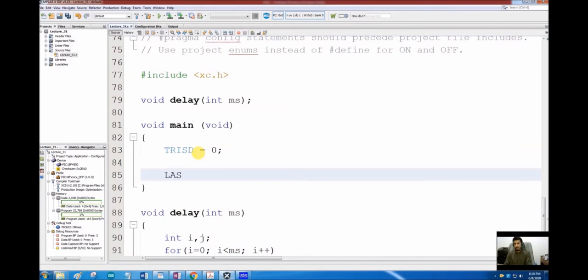To write the data on any port, it is better to use the latch register. So I will load the latch D register with 0x66 hexa. I will be only using the lower 4 bits, but I am loading it with 0x66, so the upper 4 bits will also be rotated.